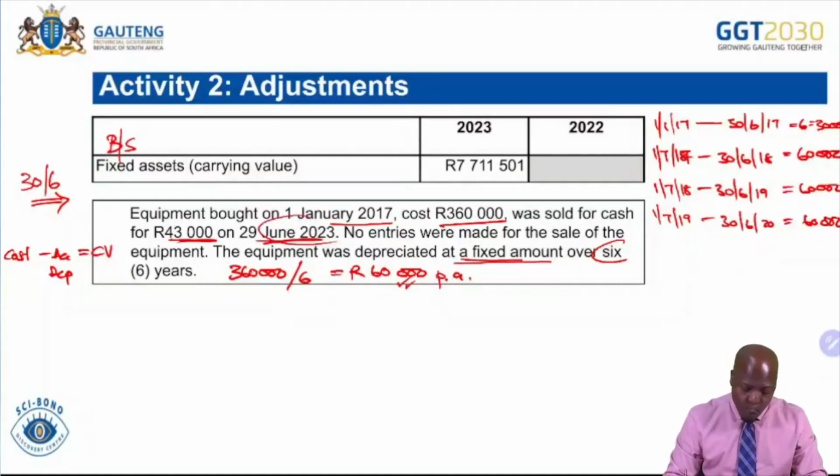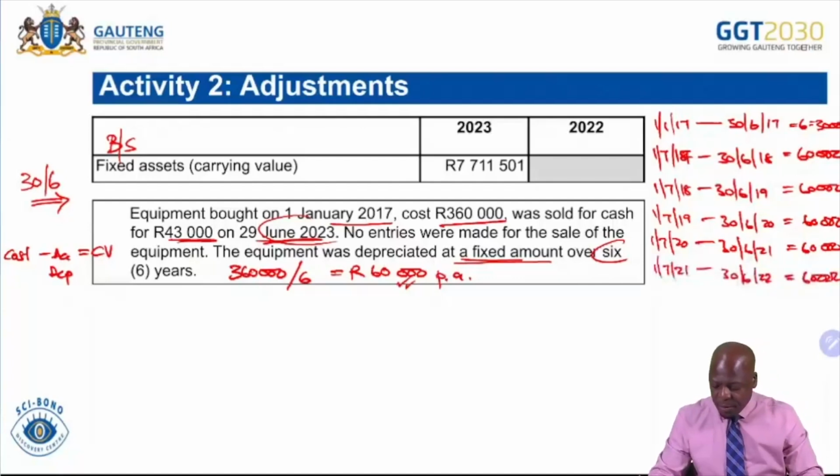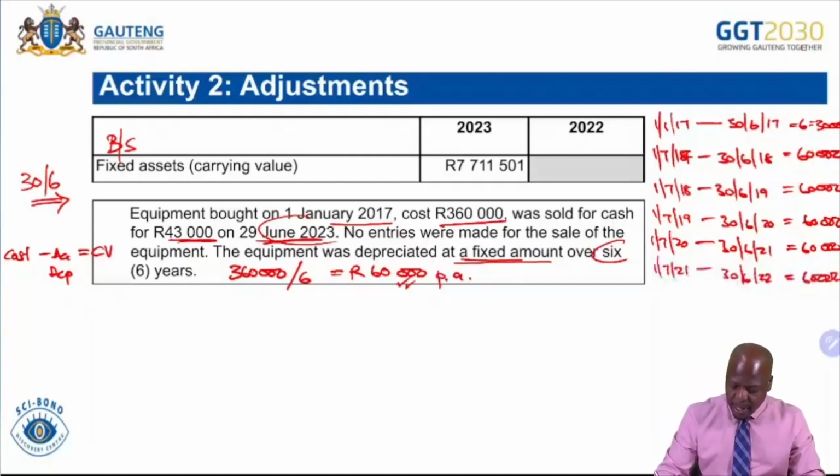So the following year, which was the 1st of July 2020, which ended on the 30th of June 2021, it lost again another 60,000. Then the following year again, which was the 1st of July 2021, which ended on the 30th of June 2022, it lost again another 60,000, until this very same year now. So you will find that so far this asset has lost 30,000, 60,000, 60,000, 60,000, and if you add all